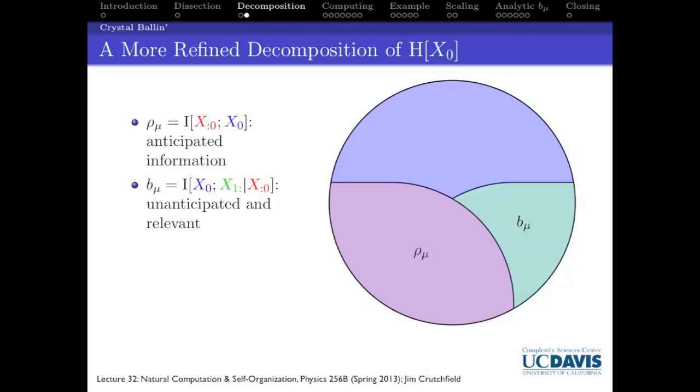And this is unanticipated but relevant information. It's the unanticipated part of the present, but it plays a role in future behavior, so it's relevant for temporal structure. And the third piece, r mu, the entropy of the present conditioned on the past and future, is the unanticipated but irrelevant piece in that it does not relate to past or future behavior. This is kind of just noise. We also call this the ephemeral information for that reason. It shows up in the present moment and has no relation to anything that happens henceforth or has happened before. And b mu,